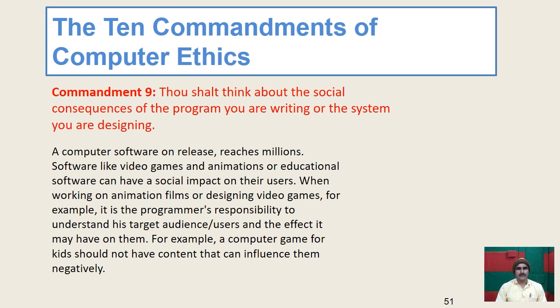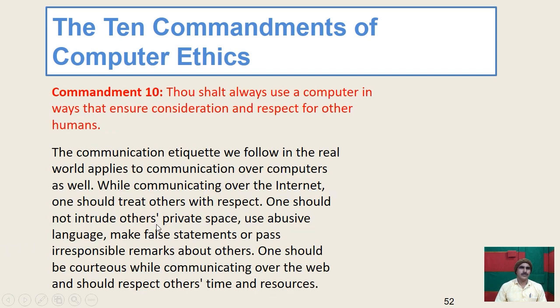For example, a computer game for kids should not have content that can influence them negatively. So it is commandment number 9, that is, you should think about the social consequences of the program you are writing. And the last commandment,